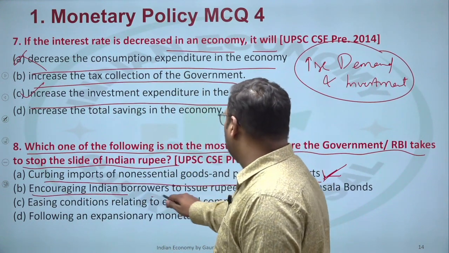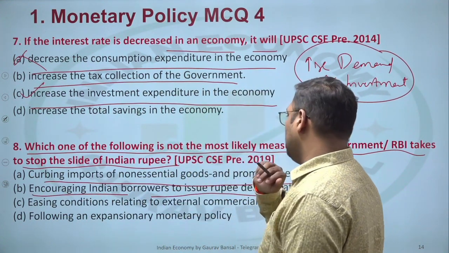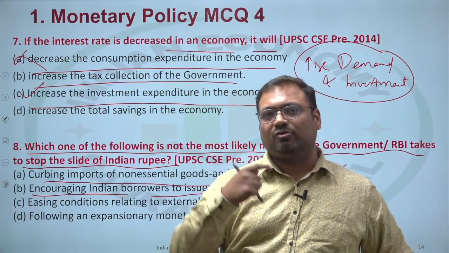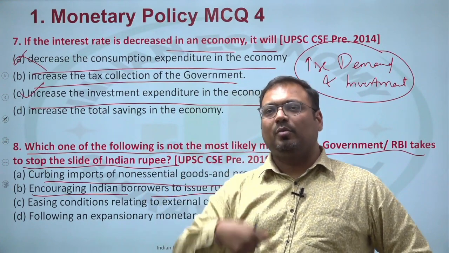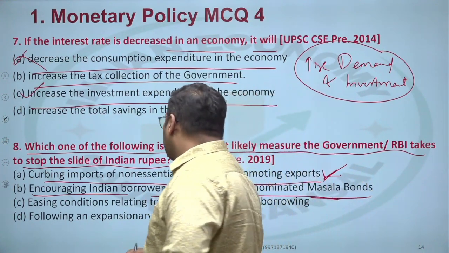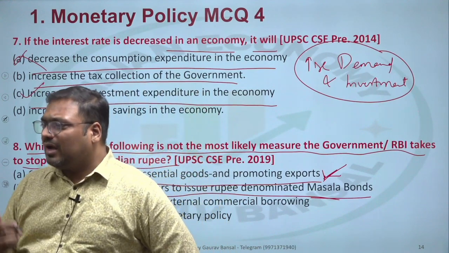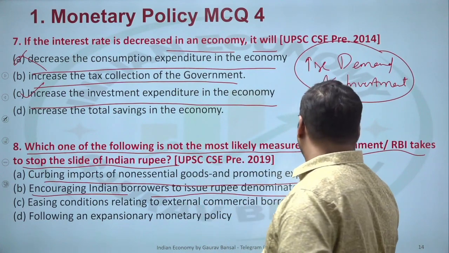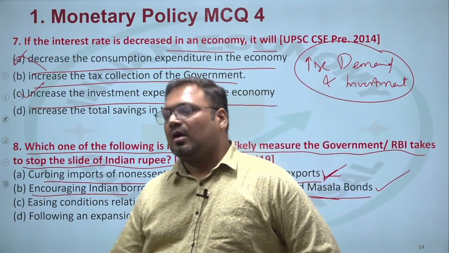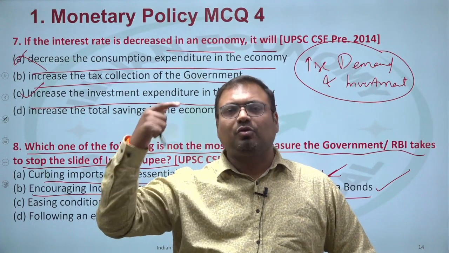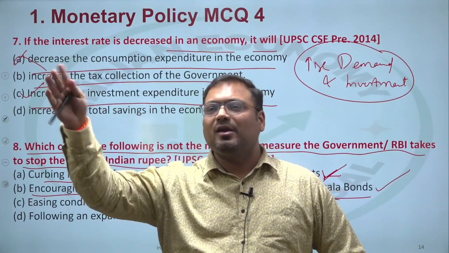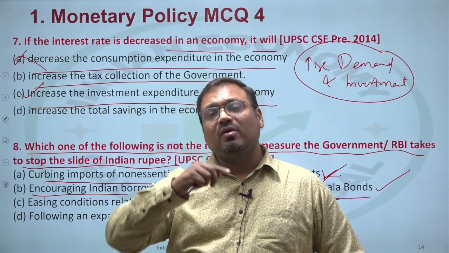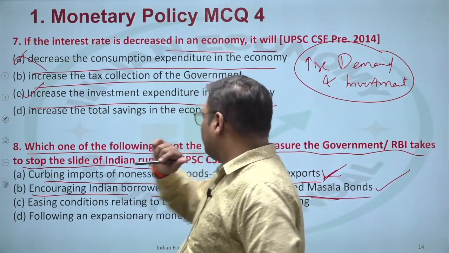Encouraging Indian borrowers to issue rupee denominated masala bond. Okay, if Indian borrowers, people who are borrowing in India, issue masala bonds, it means their international loans are denominated in rupee. That is going to have what kind of impact? With that, we will not be affected much by exchange rate. So that is also going to improve actually. Whatever international loan that we take, we should take it in the form of rupee, meaning we will pay you in rupee terms, not in dollar terms. Means we take loan in rupee. We may take dollars from you, but let me define.